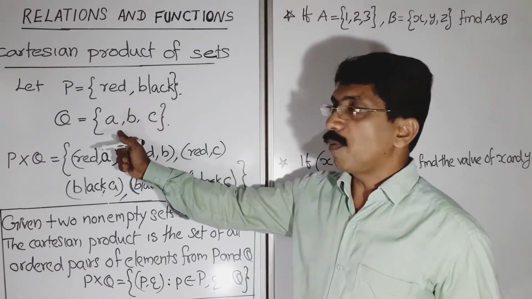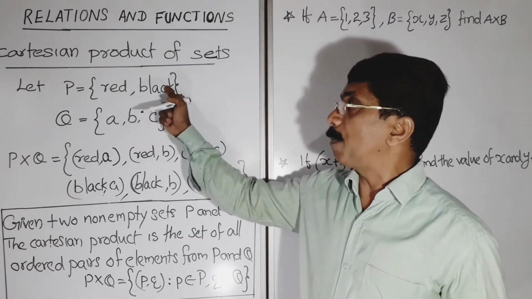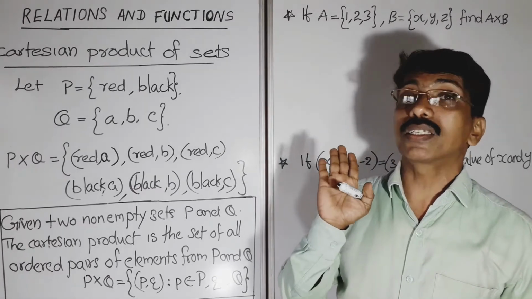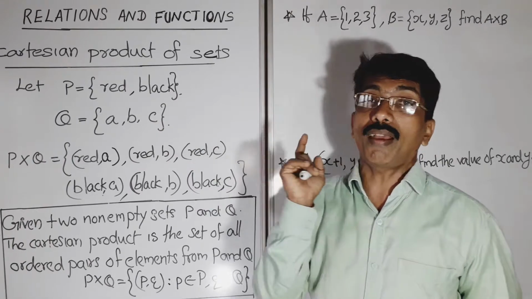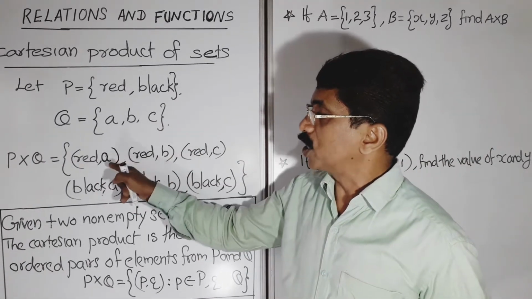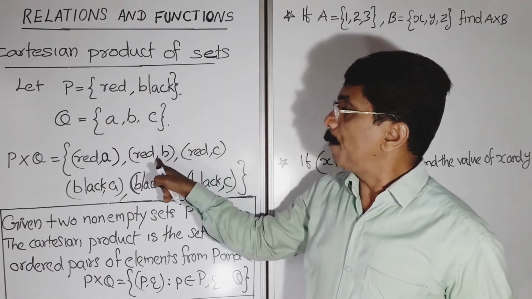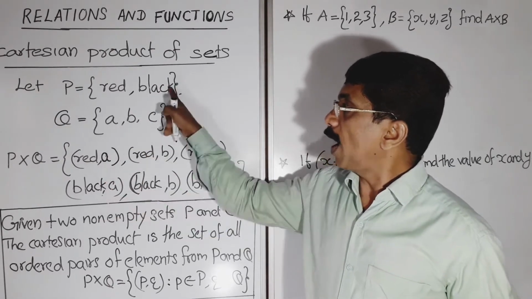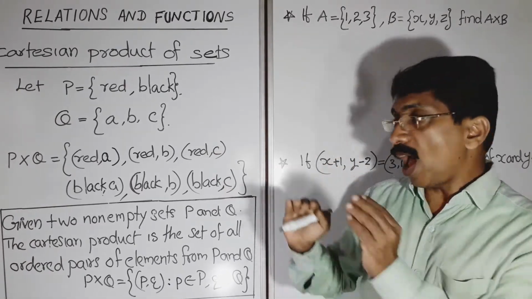See, red A we can make. Is it red B and red C? Same way, black A, black B, black C. How many colored objects we can make? There will be 6 colored objects. Using these two sets, we can make 6 colored objects. If we are writing as a pair like this way, ordered pair, red comma A, red comma B, red comma C, and black comma A, black comma B, black comma C as an ordered pair,